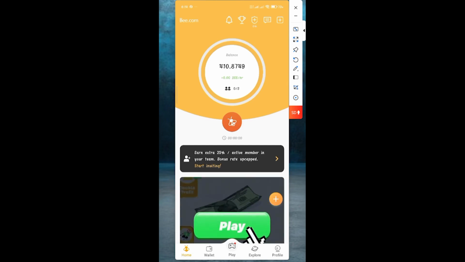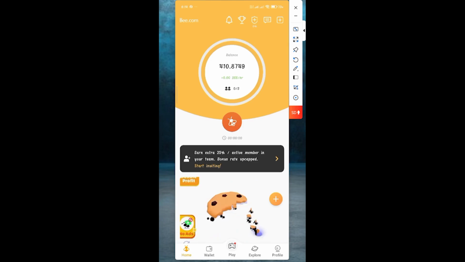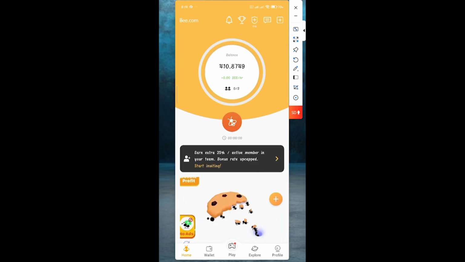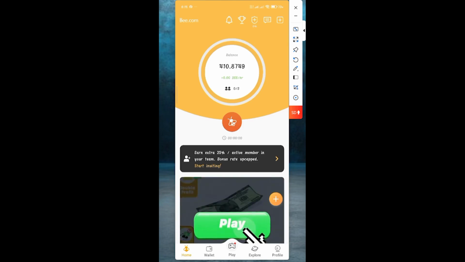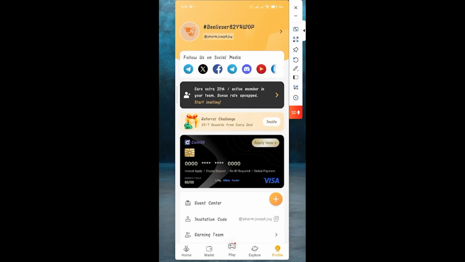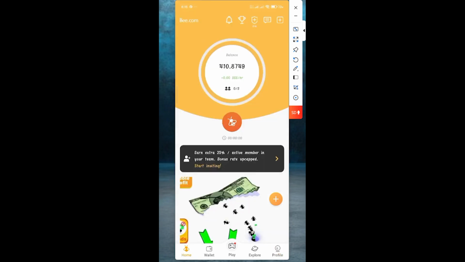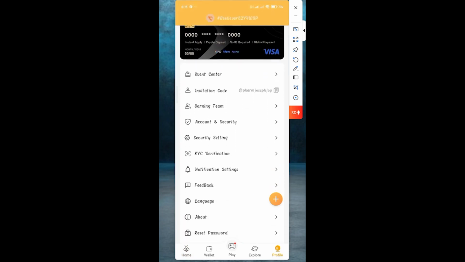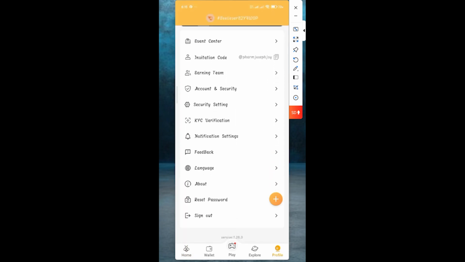So we are going to go straight first of all to how you'll be able to verify your KYC. When you come over to this place, just click on your profile. This is the home, then the profile, then scroll down. You see KYC. Just click on it. You see, next one is coming soon.